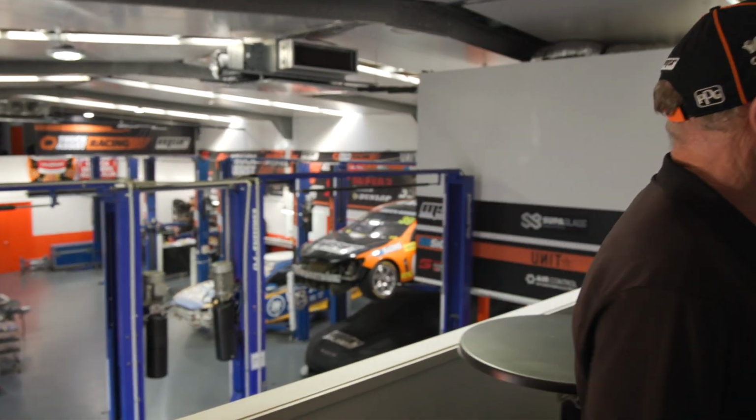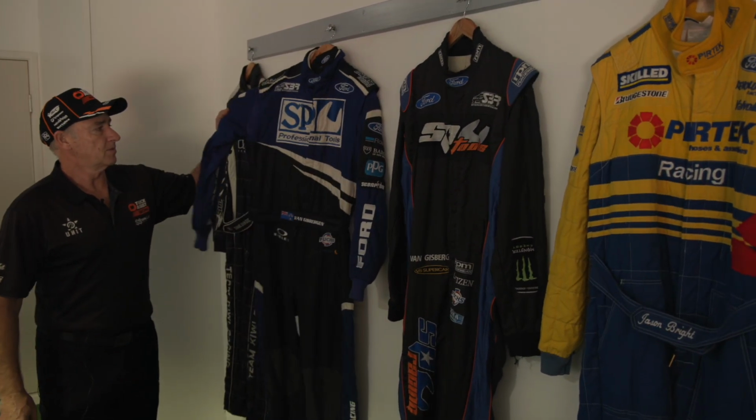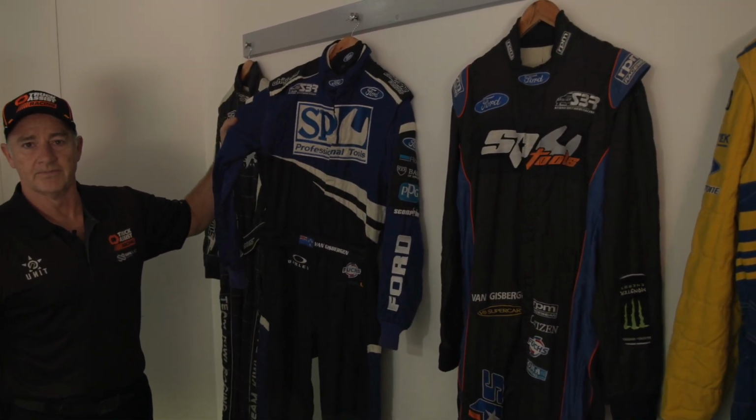Everybody, I'm Pete Vale, Team Principal of Matt Stone Racing, running 2 cars in the Australian Supercar Championship. In the background here we've got the workshop where the guys are prepping the cars, and over here we have some memorabilia on the wall showing some of our previous drivers, including the support from SP Tools for a long period of time. We're going to have a little tour now, so let me take you down to reception and